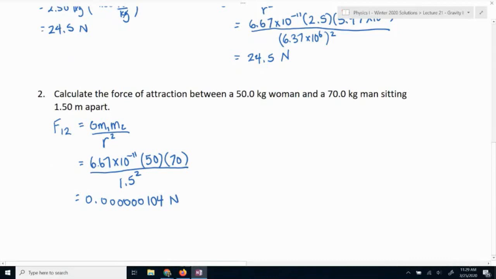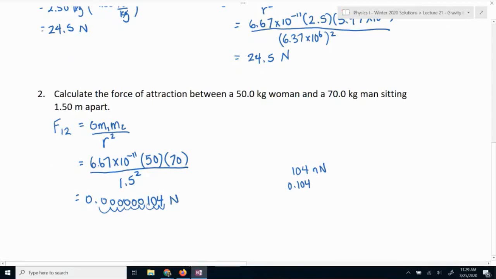Your other option is to use prefixes. So if you want, you can move the decimal place, let's say 1, 2, 3, 4, 5, 6. You can even go further, 7, 8, 9, let's say. So 104, if you move it over 9 times, what's that prefix for it to be times 10 to the negative 9? Is it nano? Yeah, good. So you could write nanonewtons and it would understand that. Okay, you could also write